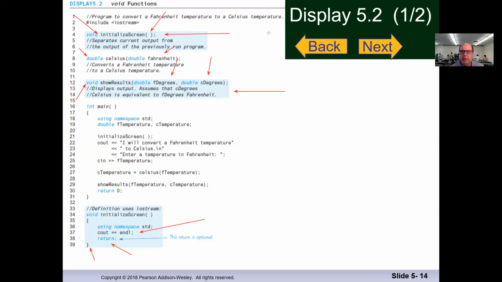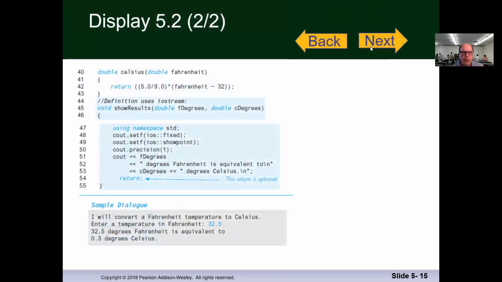So that's for that one. Let me clear this out, and then we click to the next one to look at some of these things. So in here, we're talking about the Celsius function that has a Fahrenheit going in and Celsius coming out, and the